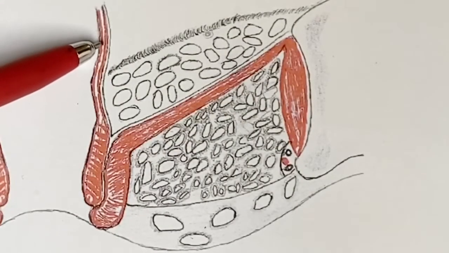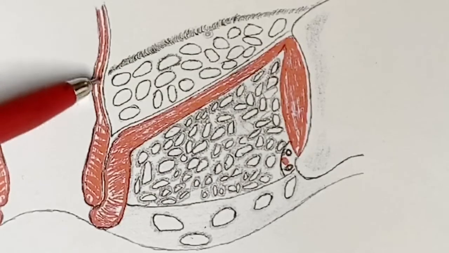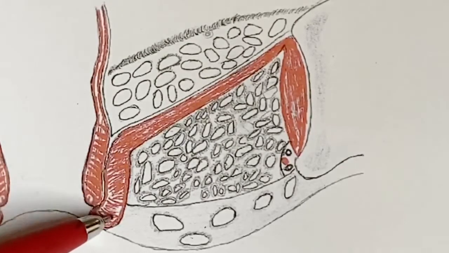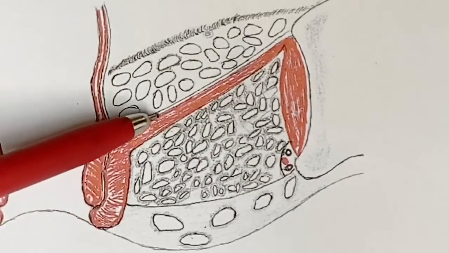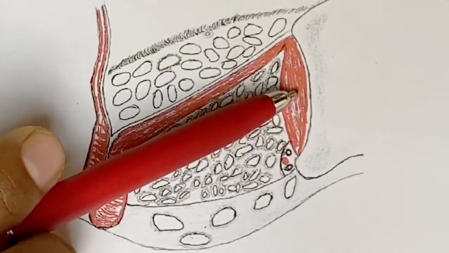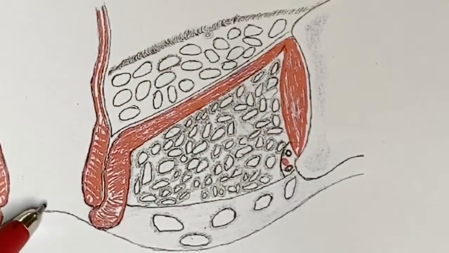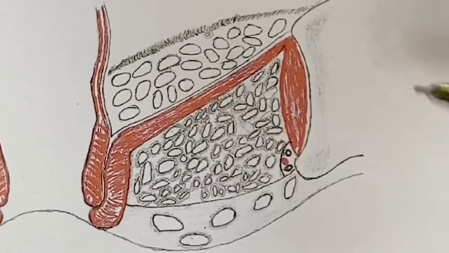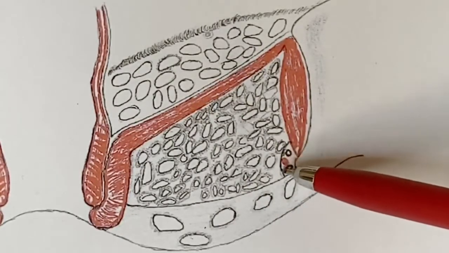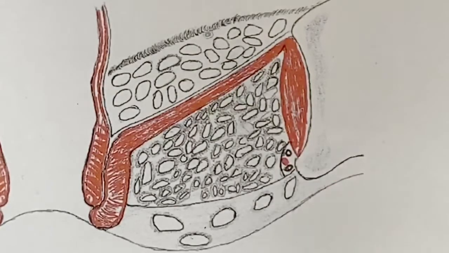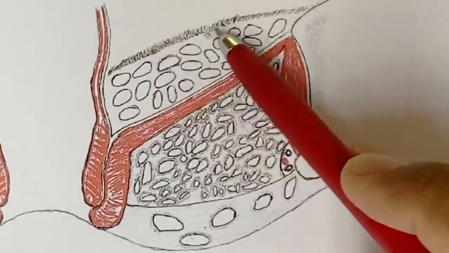This is the circular coat of the rectum, and this broader structure is called the internal sphincter, and the outer structure is called the external sphincter. This is the levator ani muscle, and this is the obturator internus. This is the skin, anus, and these are the fat lobules. You can see a neurovascular bundle here. This is called Alcock's canal or pudendal canal, and this is the peritoneal reflex.